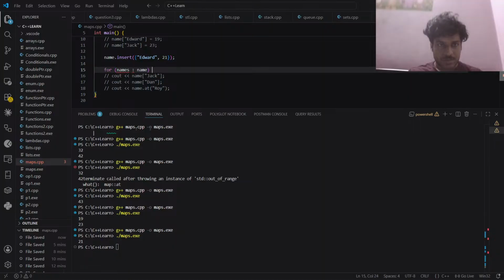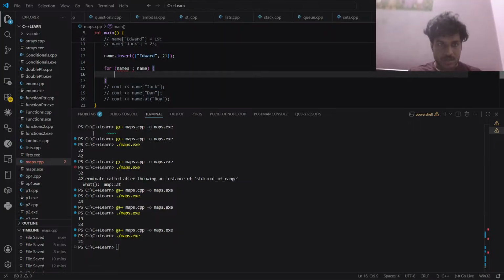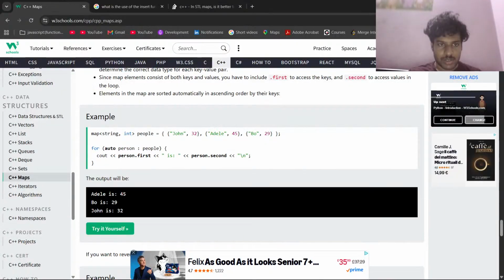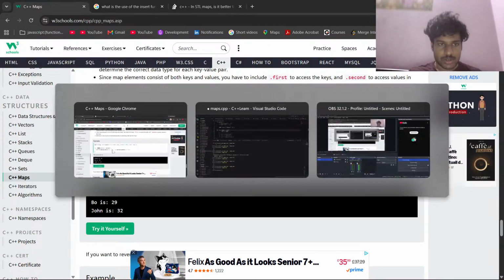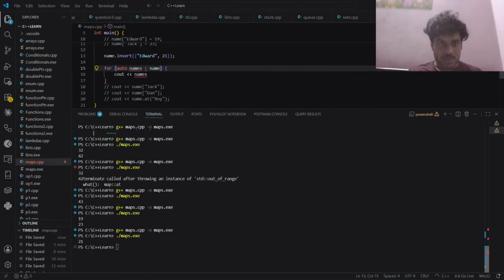Just going to say for and then cout names. Here we need a type. So what type can we say? Oh, so here this is the main change. You have to say auto because there is no fixed type here, right? So you have to say auto and then